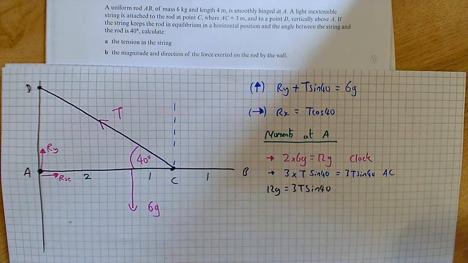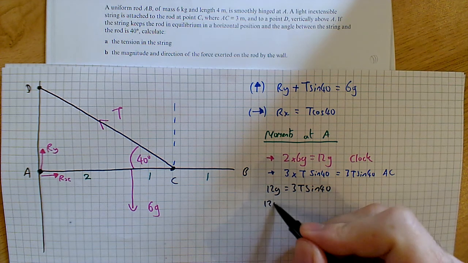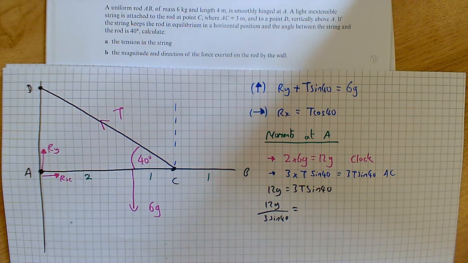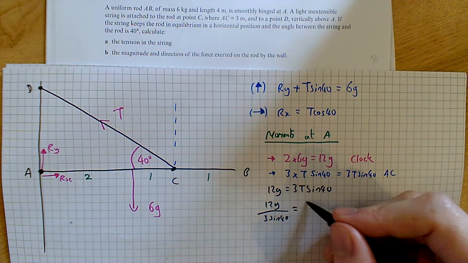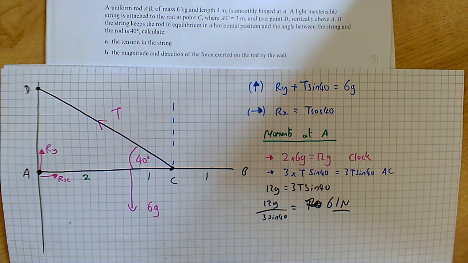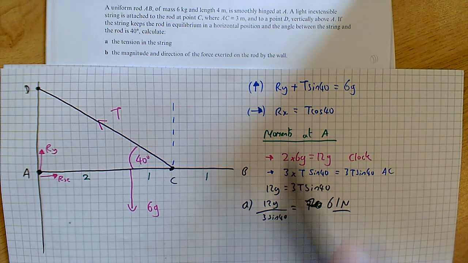And finally, you've got an equation that only has one unknown, the tension. So I divide by 3 and sine 40. So 12g over 3 sine 40 will give you the tension. This is 61 newtons to 3 significant figures, which is brilliant. That's part A, but it's also going to allow me to do part B, because it asks for the magnitude